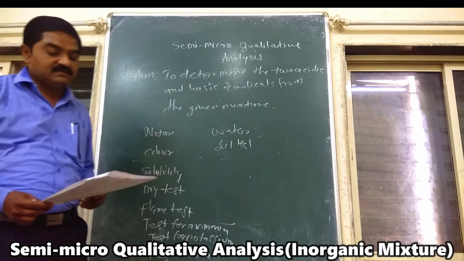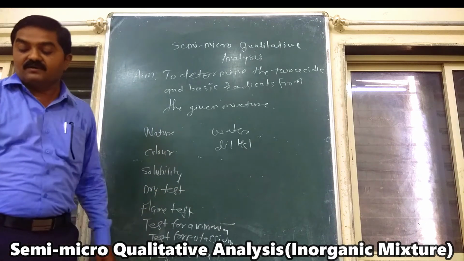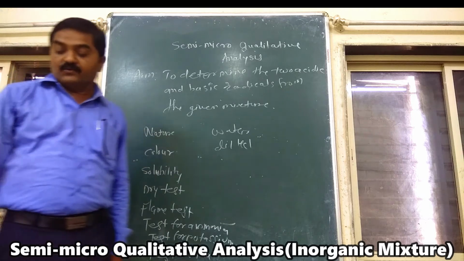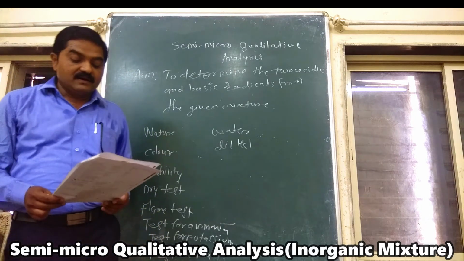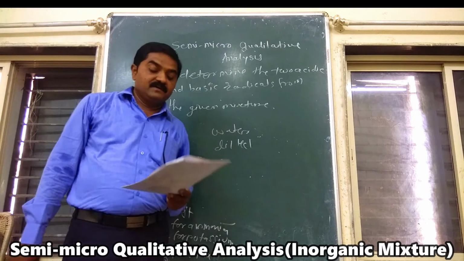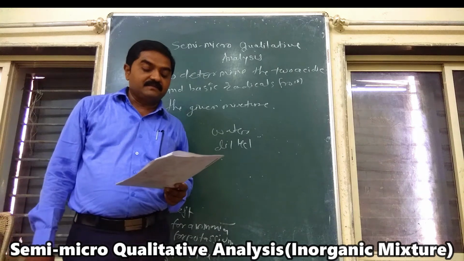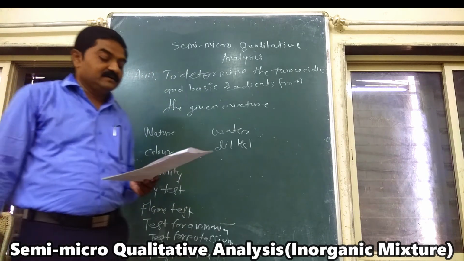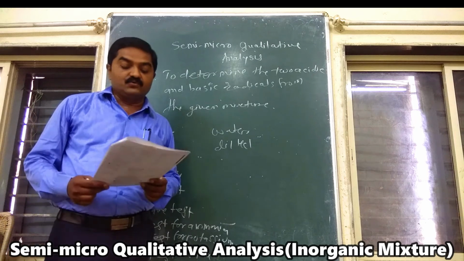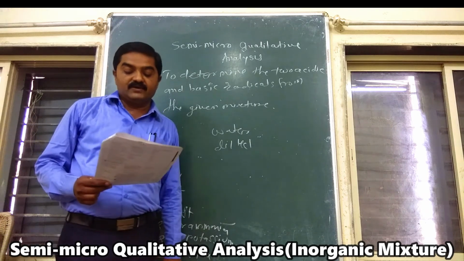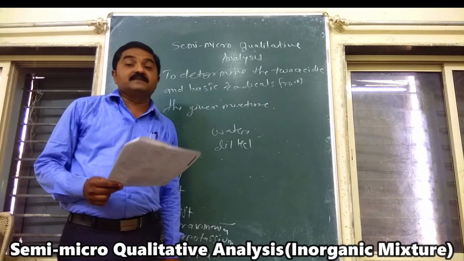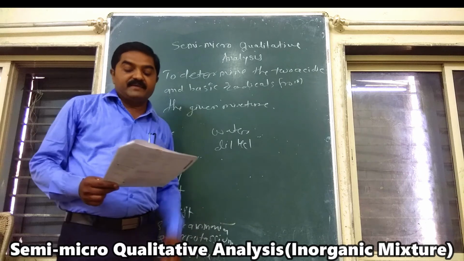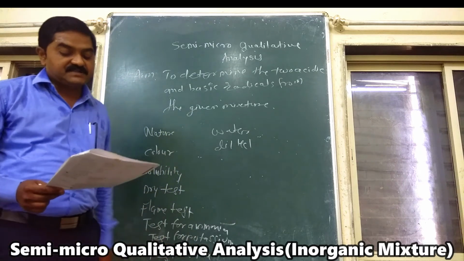In sublimation, the color of the gas evolved is violet, white, yellow, and there may be presence of iodide, ammonia and sulfide. Then the color of the mixture changes after long heating. There may be changes: blue to black, pink to blue, green to yellow, white to pale yellow, and the mixture turns black. These elements may be present there.